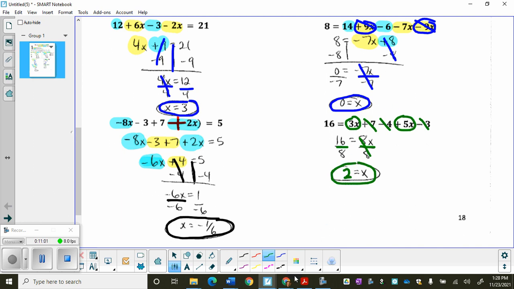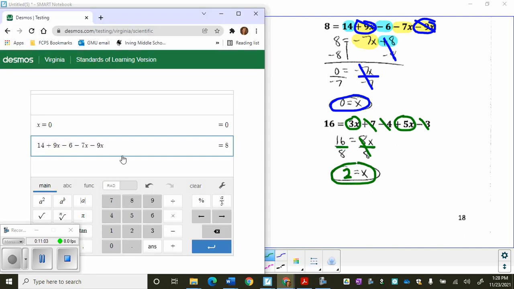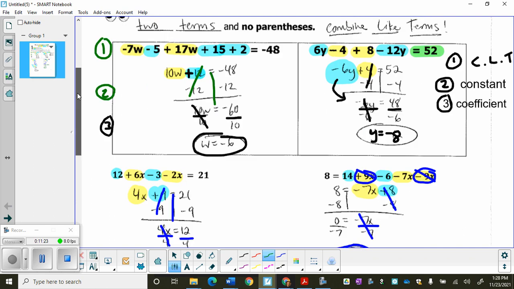And I'll show it just in case you're still watching the video. This expression, we had a 3x plus a 7 minus 4 plus 5x minus 3. And we got the x was 2. And that total is 16. And everything lines up. And that concludes this video where you have just learned how to solve a 3-step equation